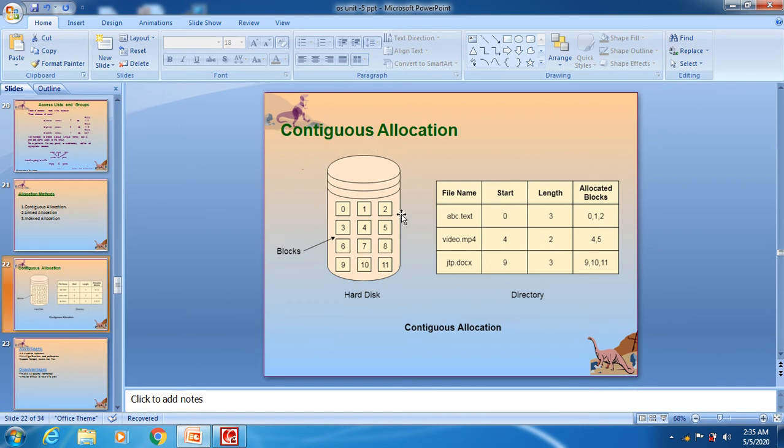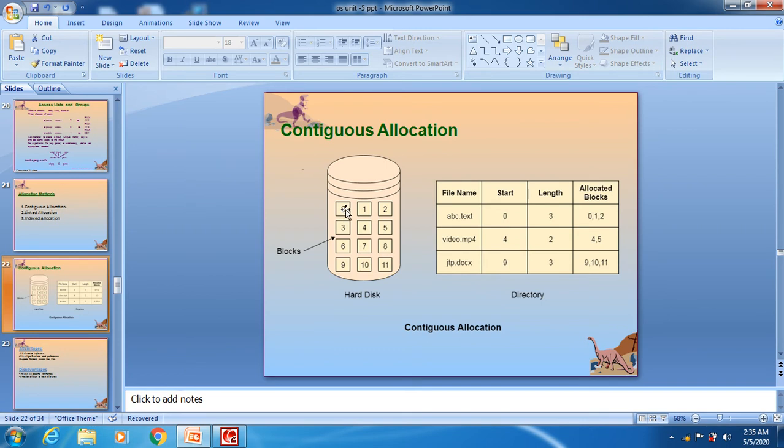See here, this is the hard disk, which means a secondary storage device. In this particular disk we have blocks. We have 11 blocks here, 0, 1, 2, 3, 4, 5, and so on up to 11. In these blocks, files will be stored.